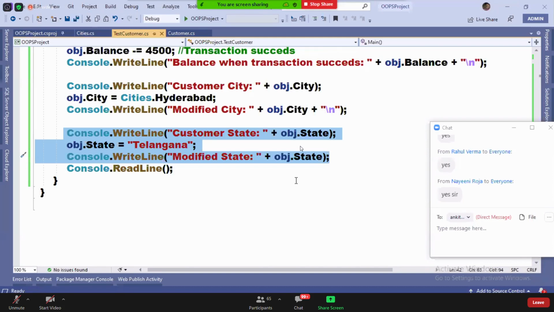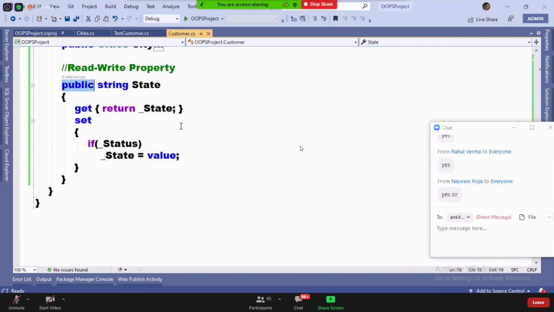Accessing the value should be possible from anywhere. But if you think of assigning a value, assigning of a value should be done only from a child class. Did you understand the requirement? Right now, anyone can get, anyone can set, because it is public. But what you want is, accessing of the value should be for anyone, but assignment should only be for child class. Did you understand me?